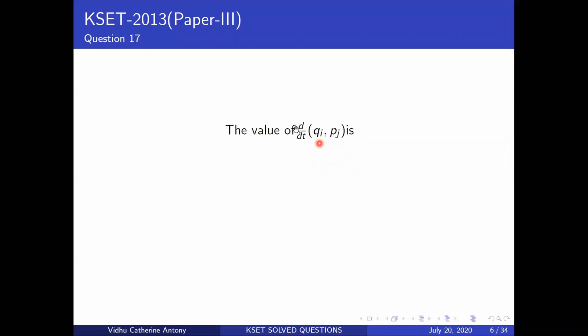So you end up thinking that they gave a d by dt of qi pj. These are things that you can challenge. When you see that a question is wrong, you can challenge them, and then you can get grace marks for it. Many questions weren't challenged, and because of that, they just went ahead with whatever key they put. So here you have a d by dt of qi pj. Do you remember what value I told you about the Poisson bracket for q and p last time? If you have a q and p, you basically get a Poisson bracket of 1.